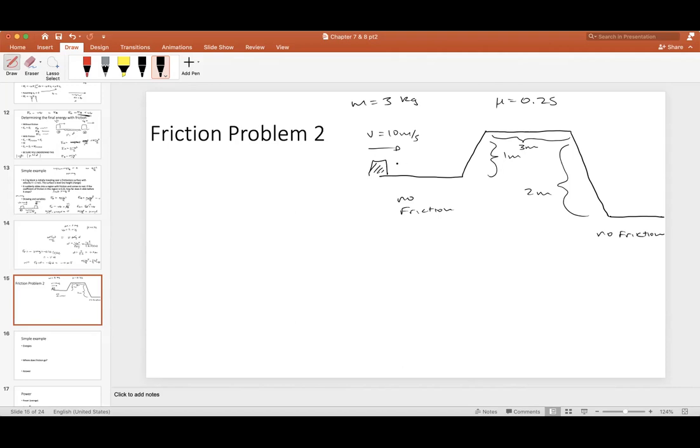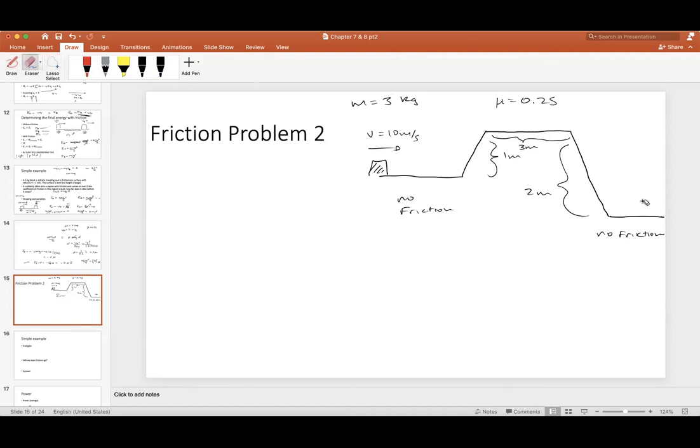what we want is this block is initially sliding on a frictionless surface. It comes to a hill, it goes up the hill, and then it has a 3-meter long surface with frictional coefficient 0.25, and then it slides down to another region with no friction. And we want to know what V final is here, and we want to know what V is when it initially gets to the top, and we want to know what V is before it begins to go downhill, and so on. Okay, so